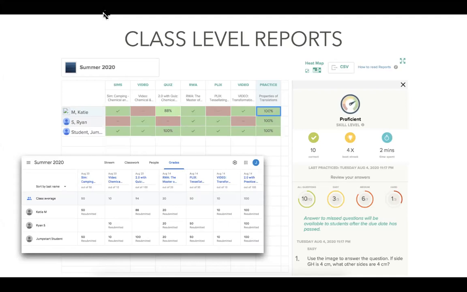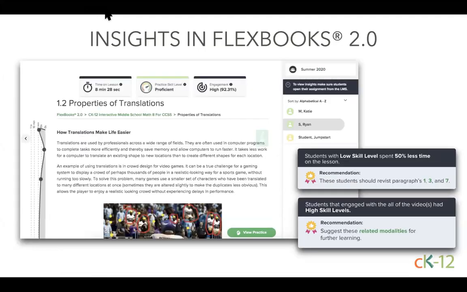within Google. If you open the class report by clicking on the submission link with any practice quiz in Google, you'll see the % for quiz or practice, along with options to see more details, and a check mark for other modalities. Now, if you assign a FlexBook 2.0 lesson, you can also access our insights for that by opening